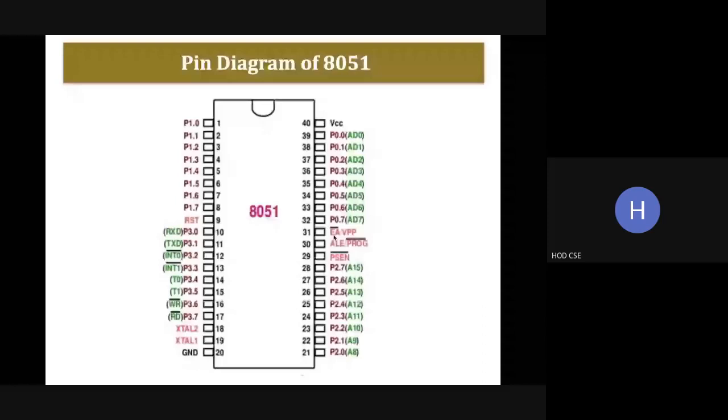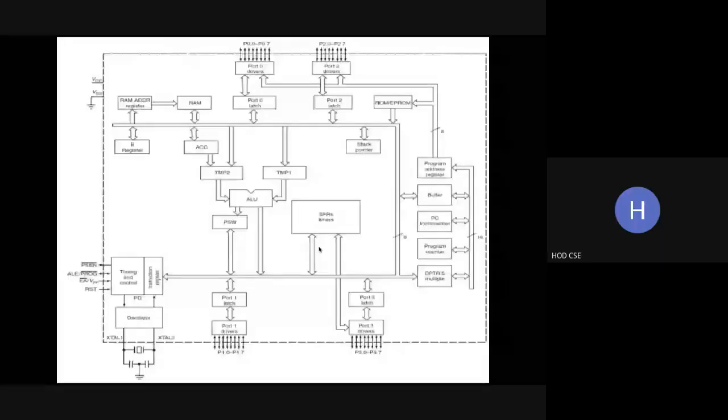Then we have the ports: port 0 performs data transfer and also represents the address. We have the ninth pin as RST, the crystal to provide the frequency, multiplexed AD, external access, and VPP, the program pulse for EEPROM programming. So this is the pin configuration of 8051. Let's see the architecture of the 8051 microcontroller. See here, we have four ports, with port 0 at the top.